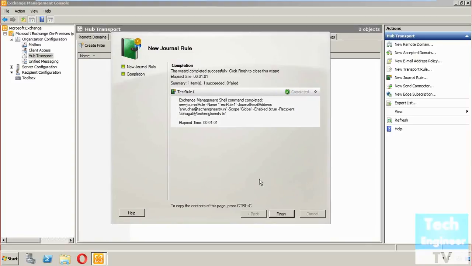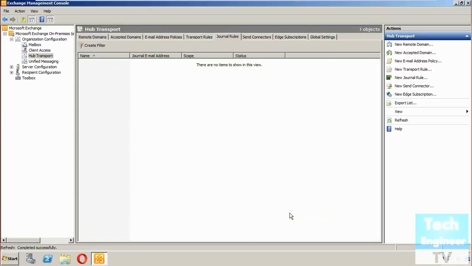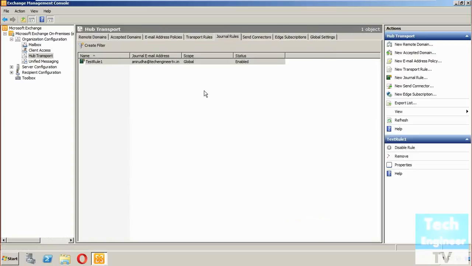I have skipped that portion, and it took about 1 minute to create the rule. This is what the entire command is. You can copy the command to create your journal rule through EMC as well, the Exchange Management Console. So as of now I'm finishing here, and the new journal rule is created. You can see test rule 1, and the journal email address is android@techengineertv.in. So in this tutorial we learned about creating a journal rule. In the next tutorial we will test